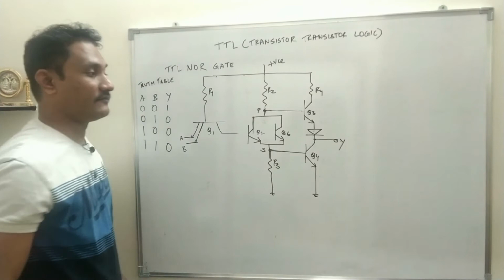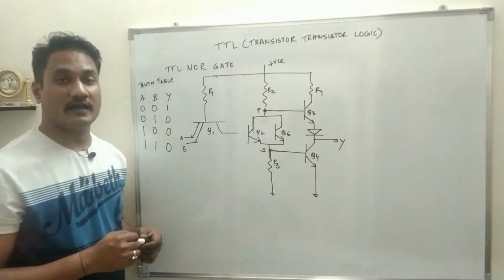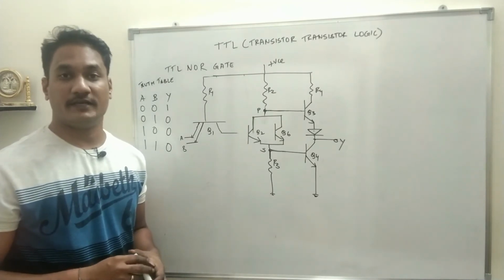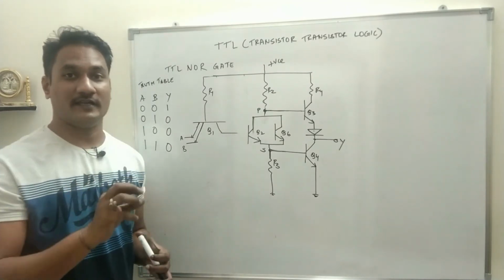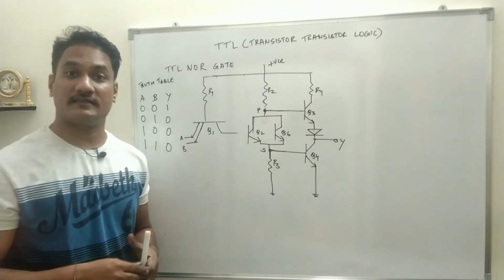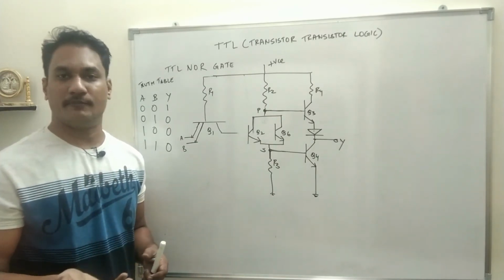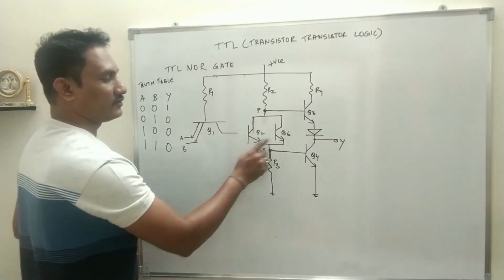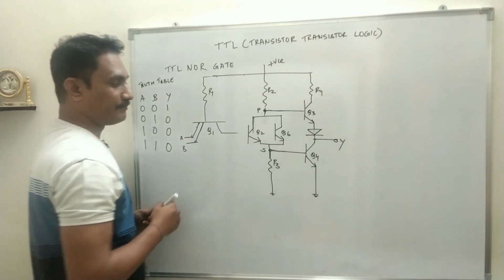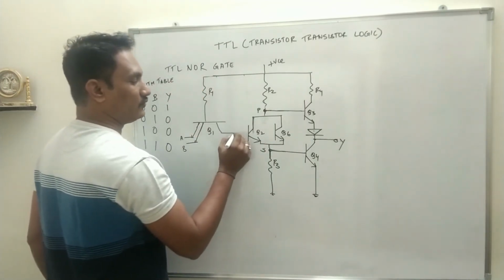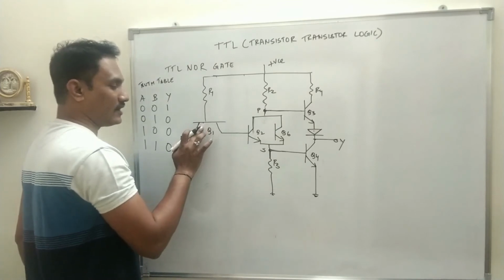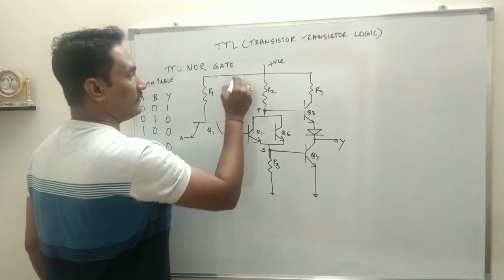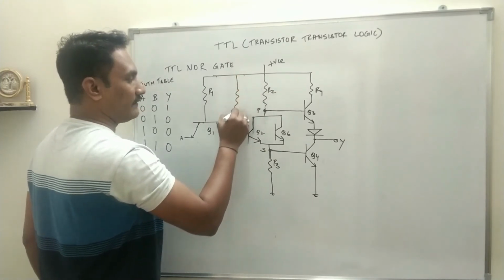This arrow mark is very important because for all the circuits we have used an NPN transistor, so we have to clearly specify, depending upon the polarity, what type of transistor we are using. So arrow mark outward will be an NPN transistor and it will be common for all the circuits, but make sure that you draw the arrow marks properly. Similar to the NAND gate, Q2 will be driven by Q1, but now Q1 will be a single emitter transistor, and one more transistor we will add.